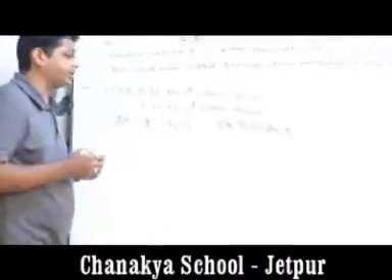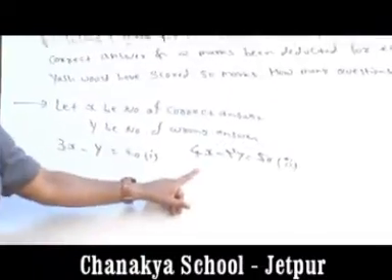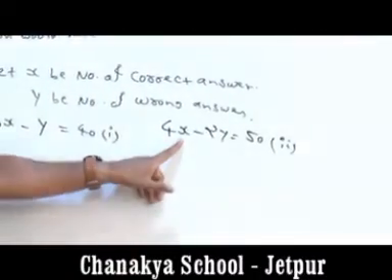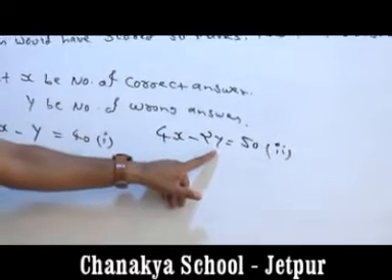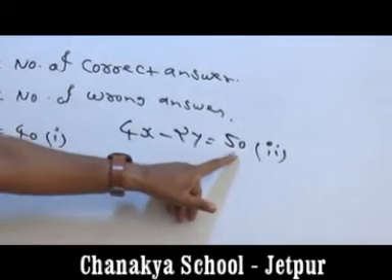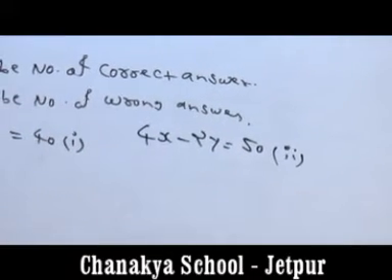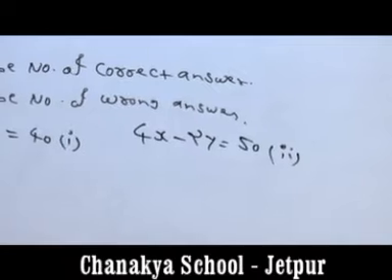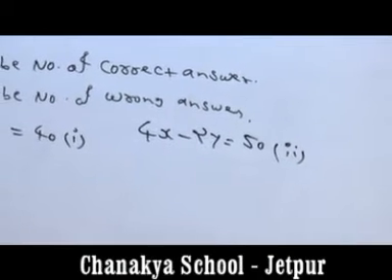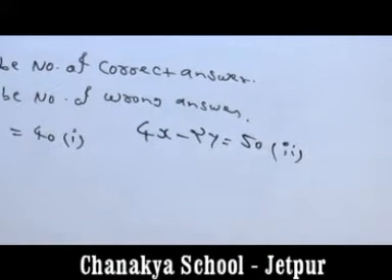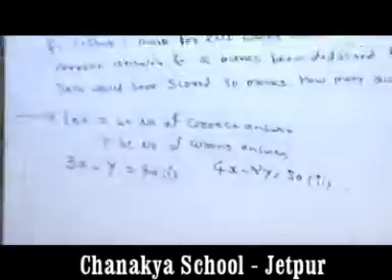Okay students, repeating again. In second case, Yash is going to be awarded 4 marks and deducted 2 marks for wrong answer and total aggregate will be 50. Okay students, in our exam system there is no need for negative marking, but here in this question we are following negative marking also.